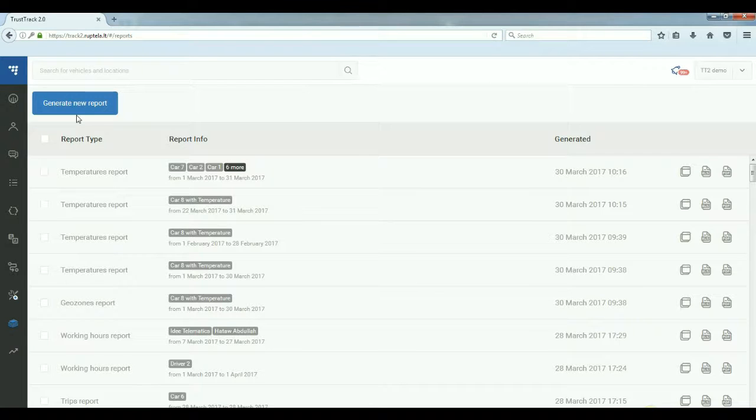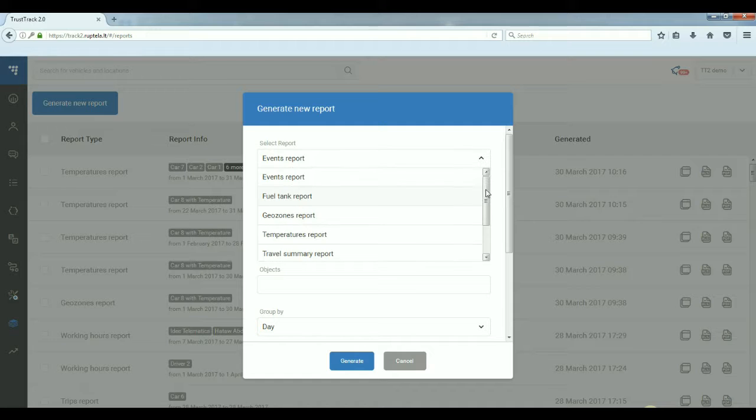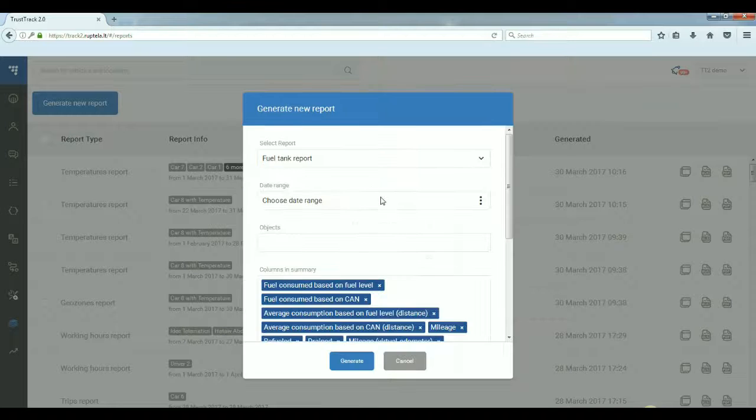We have several reports already. From January we added like 4 new reports. We had 2 of them, now we have 7 reports. Okay. And one of the most important ones are the fuel tank, events, travels, summary, trips. Okay. They are looking pretty cool, and for example, the fuel tank report, let's check it like this for 1 week